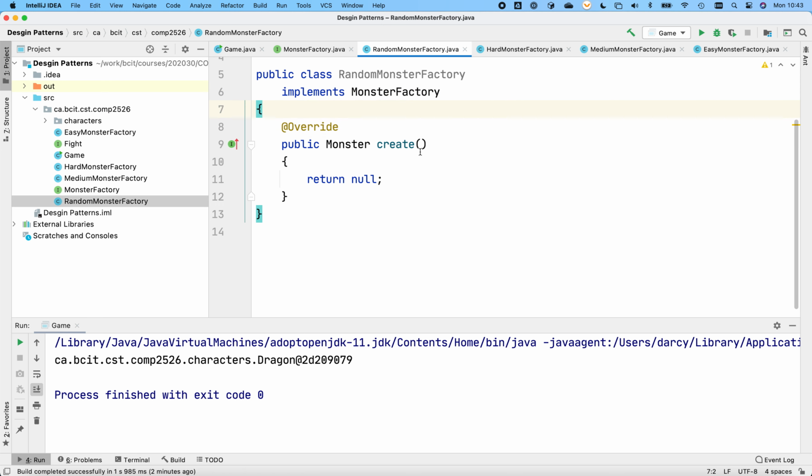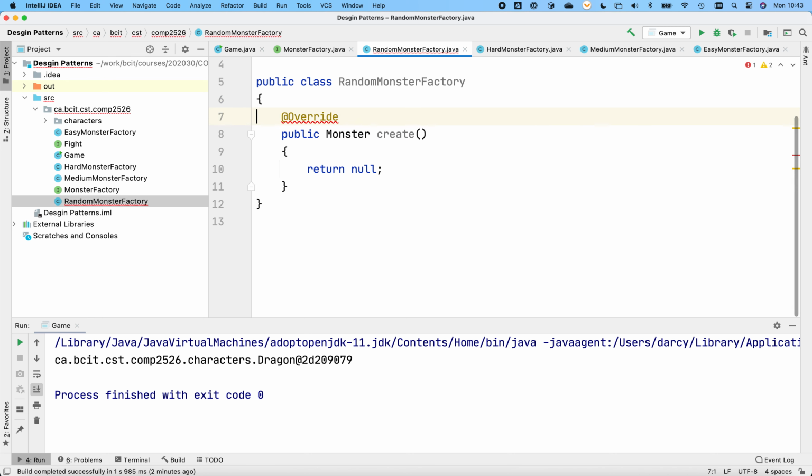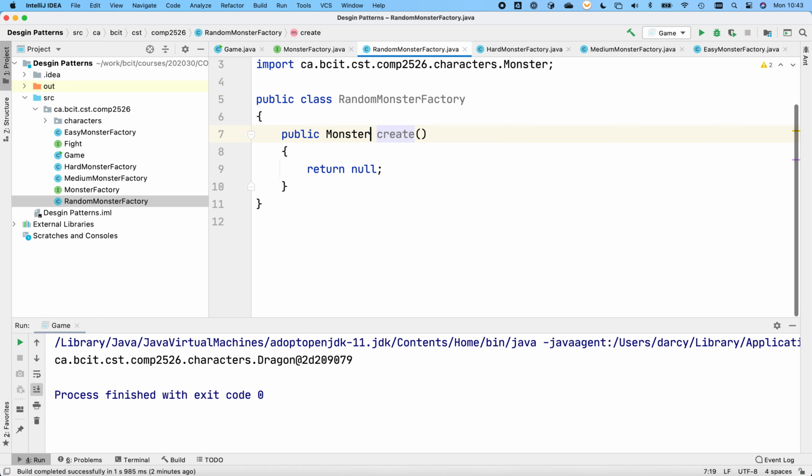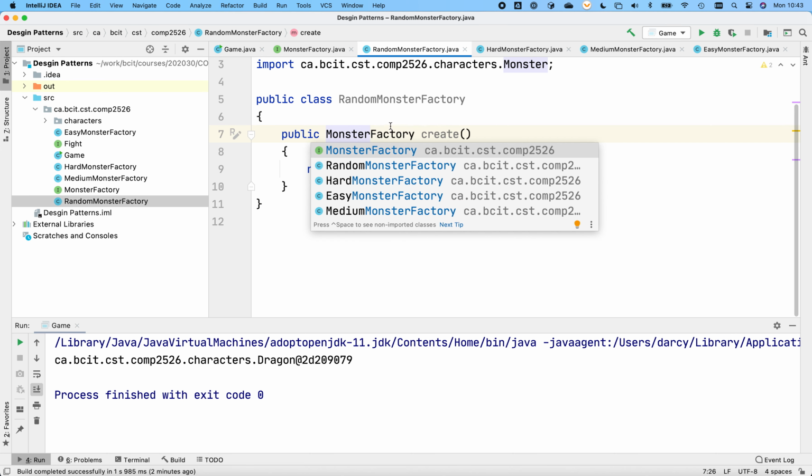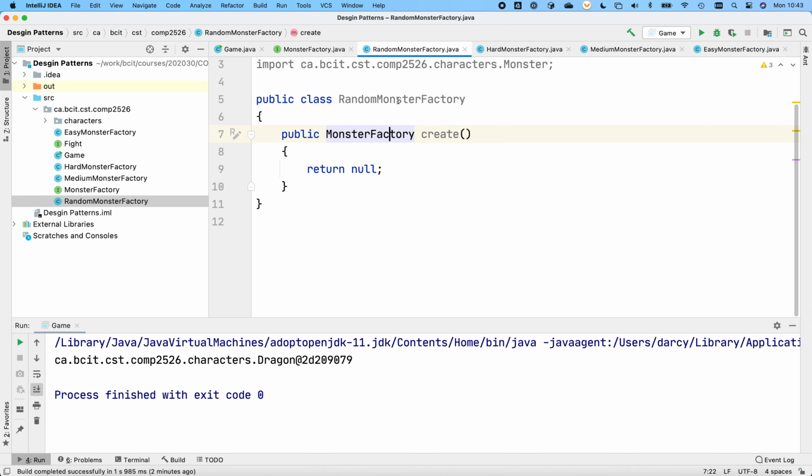Oh, sorry, to make this work, I can't implement the monster factory, my mistake. What this does is it's going to create a monster factory. So this is going to return one of those factories, right? So now what we can say is we can return, so we can do